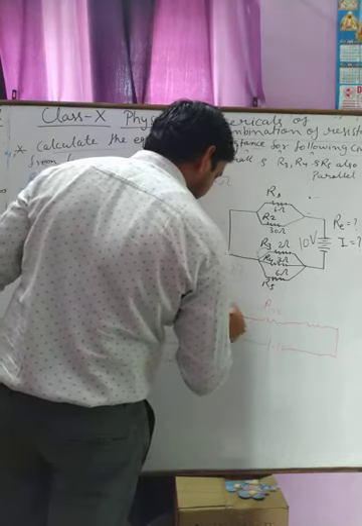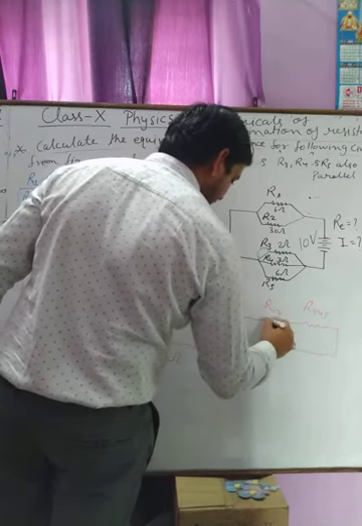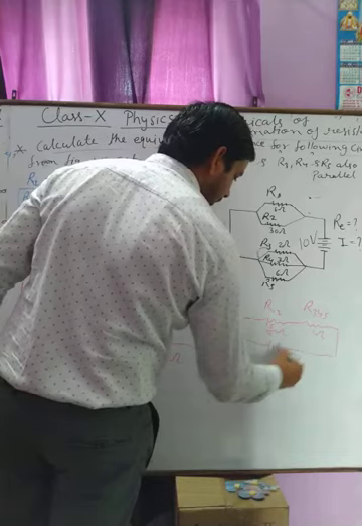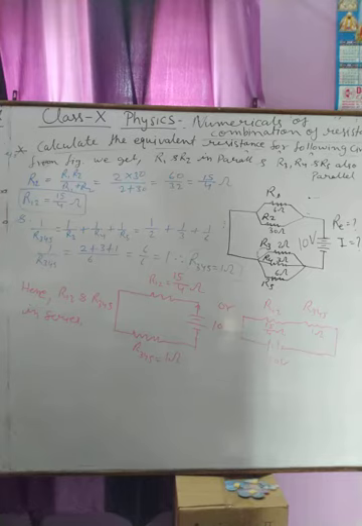This circuit is also formed like this. R1, 2 and 3, 4, 5. This is 15 by 4 ohm. This is 1 ohm and this is a 10 volt battery. Okay student, either of the two circuits can be drawn after this.